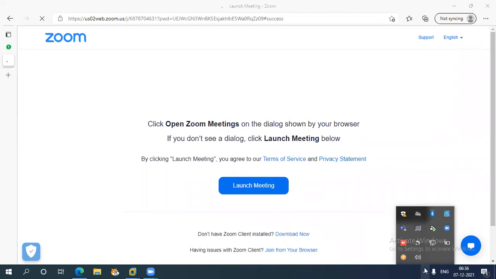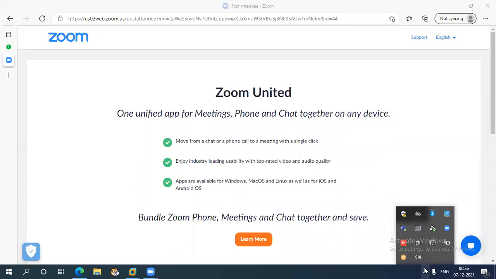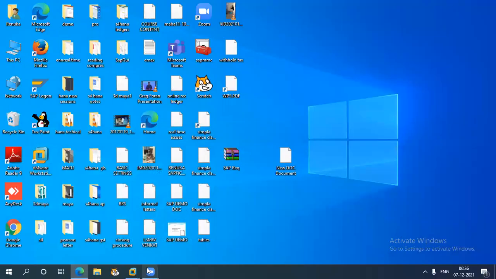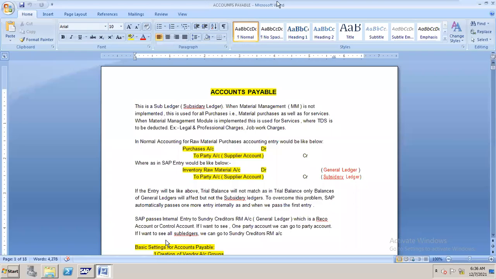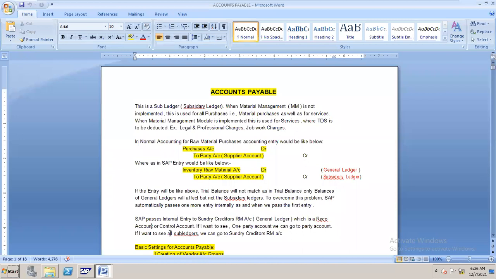So we already started accounts payable, right? Yesterday I discussed advance. Today I'm going to discuss APP. What is that? APP means automatic payment program. What is automatic payment program? Your end user has to pay multiple transactions, like 500 invoices, 1000 invoices, or whatever. In this case, he can't do that one by one. So for this purpose, we have the APP program.